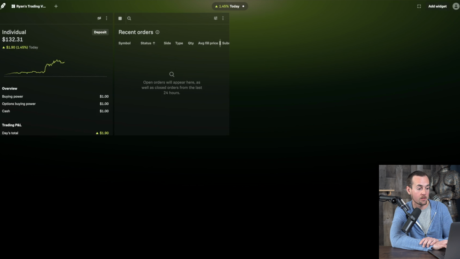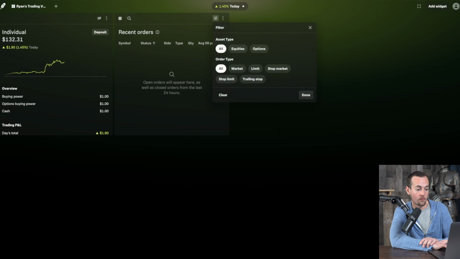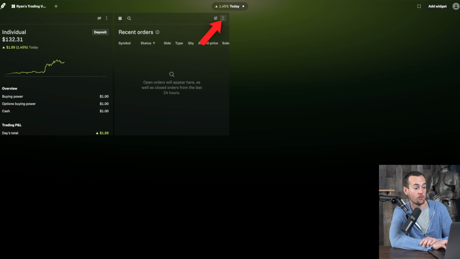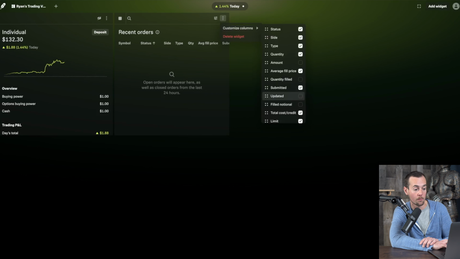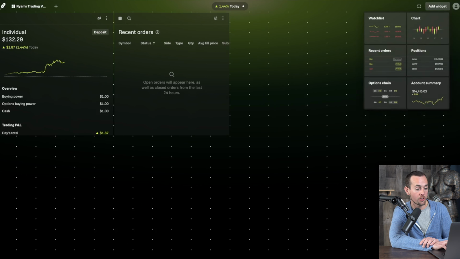But you can sort them by different criteria. You can also add filters and that kind of thing. And if you click on the 3 dots here, you can also customize what details are displayed up top here for each of the recent orders. We're going to click on Add Widget once again, and the next thing we're going to add here is a